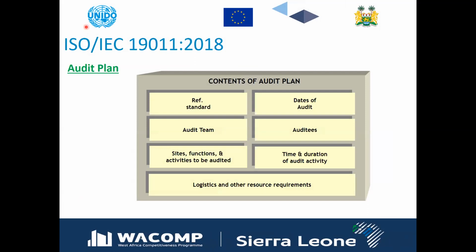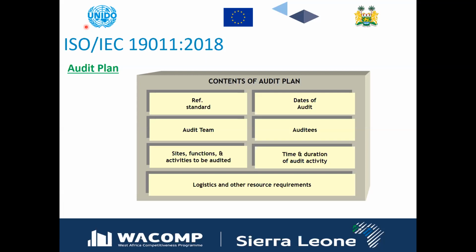Once he is sure that all the documents shared with the lead auditor are intact as per the requirement of the ISO 9001:2015 standard, and there is no major gap available, he would have collected the organization chart and all the required information, and now the lead auditor is ready. He has his own team available, and that team name has been shared with the auditee company, and the auditee company has no issue with the team.